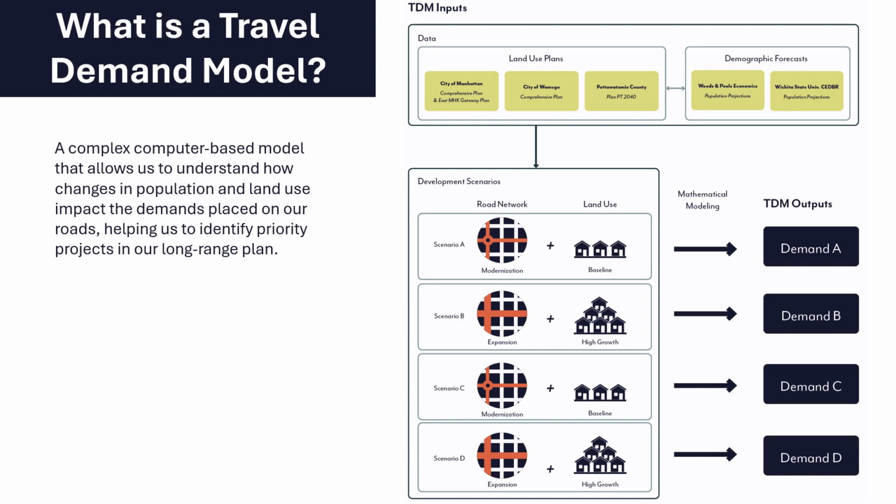A travel demand model has two key inputs: land use data and road network data. Running a matrix of land use and road network scenarios produces a series of outputs showing different demands. Projects identified as needed in most or all scenario outputs are projects that will likely be required no matter what the future brings. Identifying these priority projects is key to helping ensure our limited funds and resources are spent responsibly.